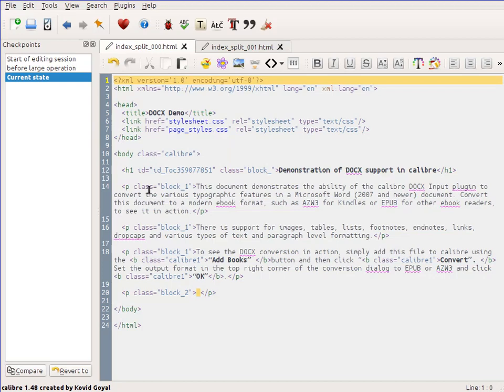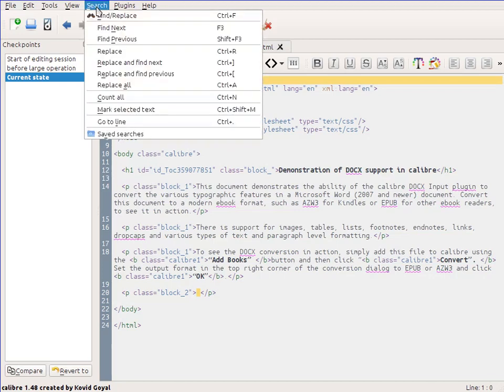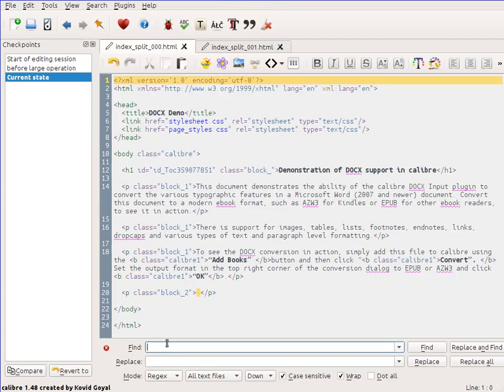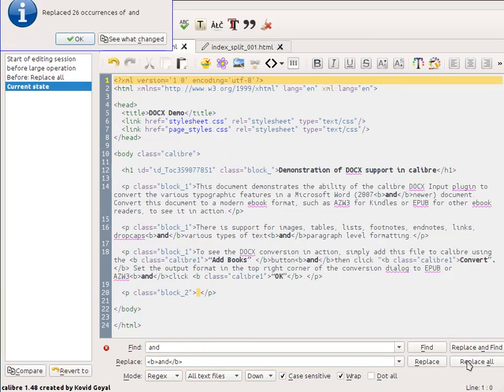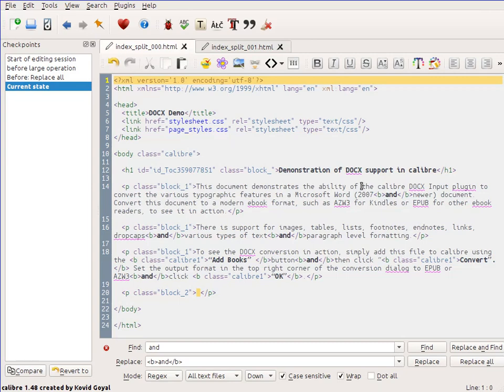Now let's do some large operation that we'd like to revert. So let's do a search and replace. Let's replace the text "and" with a bold version. And let's run the search and replace on all text files. So we do a replace all. You see that 26 occurrences of "and" have been replaced. And you do OK. So you can see that in the text files everywhere "and" has been made bold in